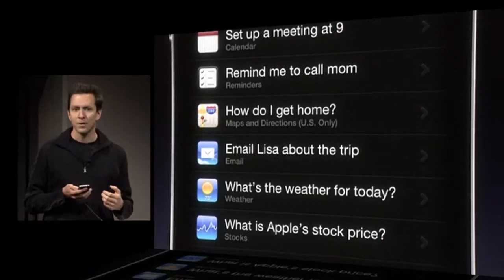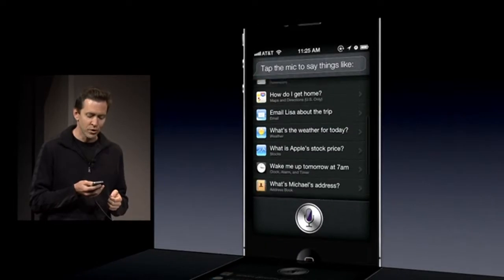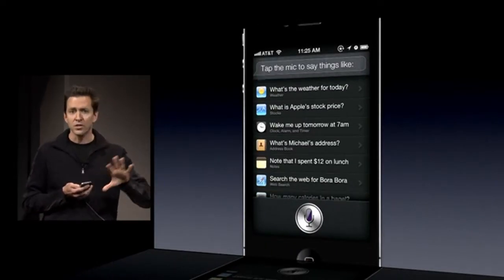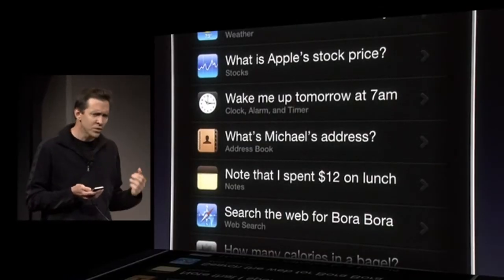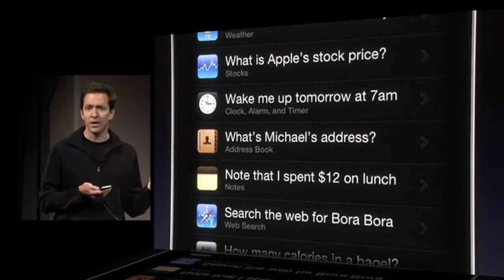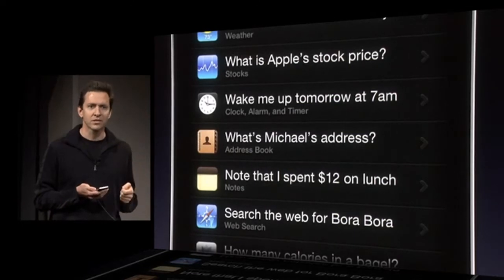You can compose and dictate emails right to Siri. You can ask questions about the weather and about stocks. With a clock, there's a lot of things you can do. In addition to things like the alarm clock, you can set timers. So let's say you stick something in the oven, you're going to bake it, and you need to take it out in 30 minutes. Just take your phone and ask Siri to set a timer for 30 minutes, and you're